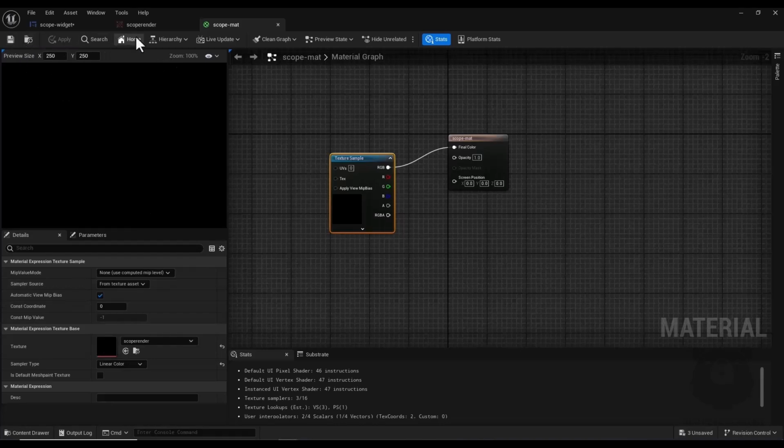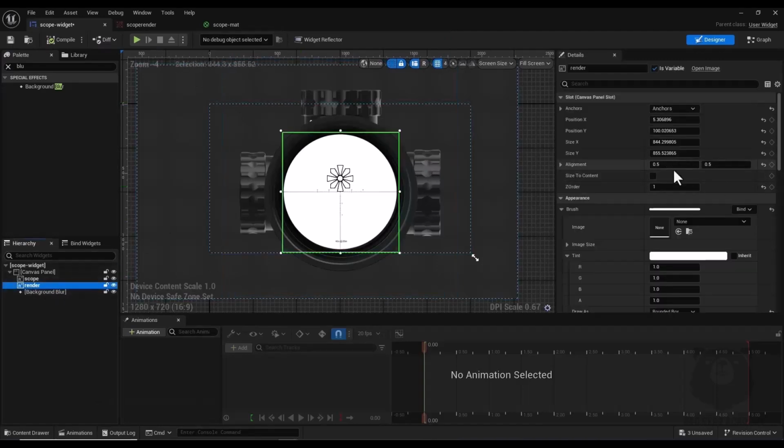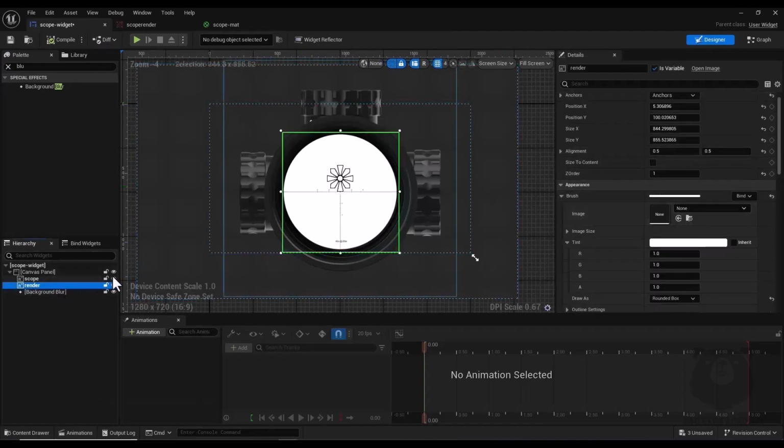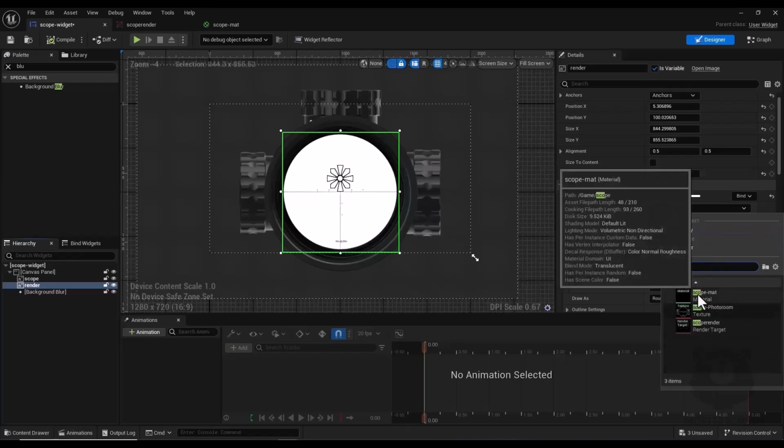Alright, now I hit this save, and I go back to my widget and I assign this material to my render image that I placed inside my widget. Here I search for scope matte. Alright,